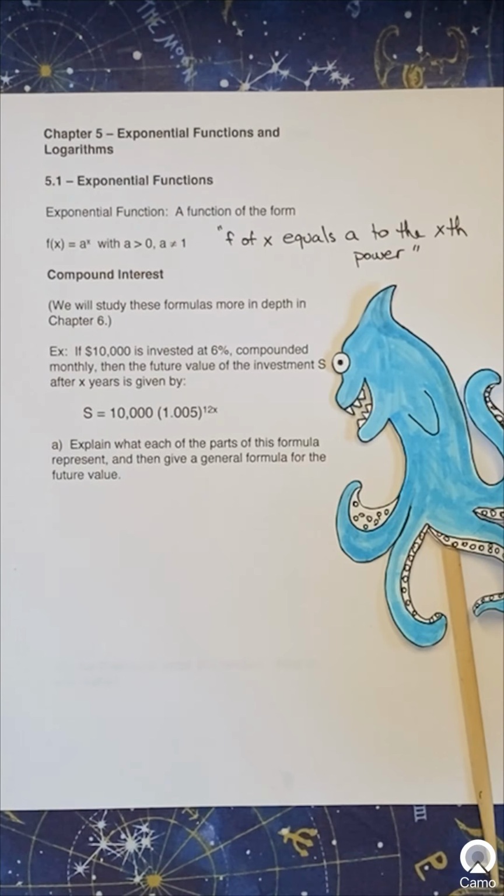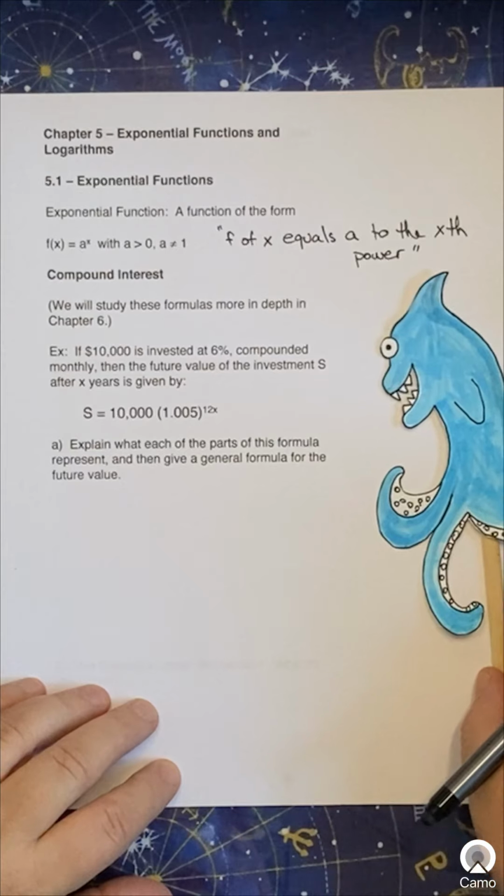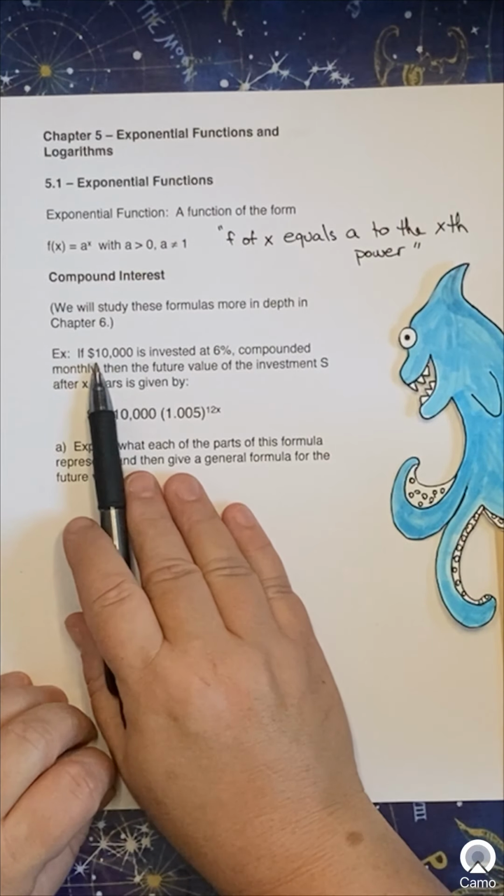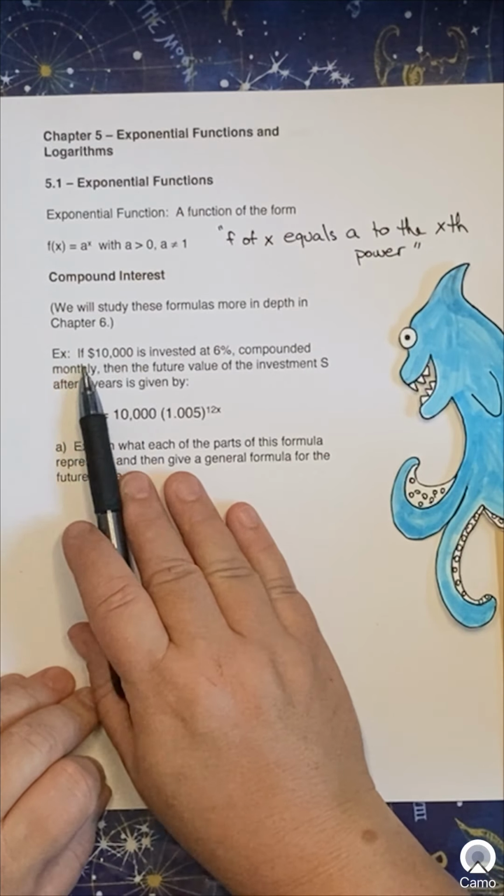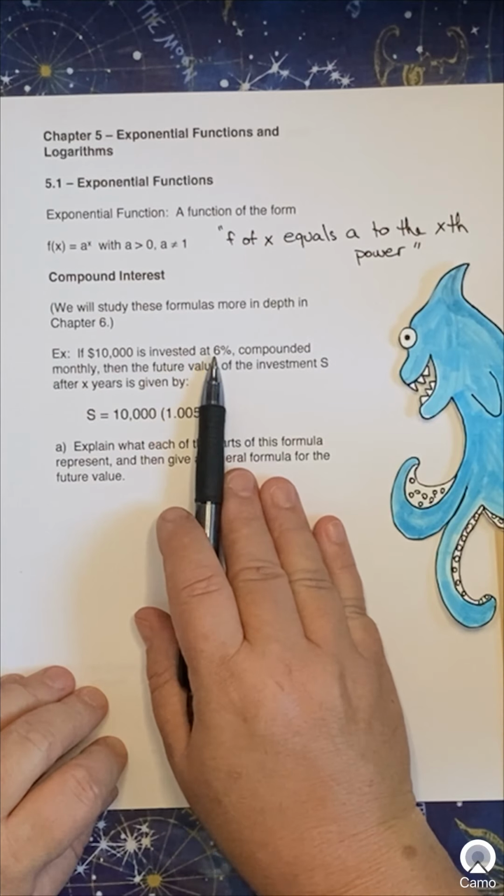So here's an example. It's got a lot of brand new words. And again, honestly, this may be brand new to a lot of people. Do not panic. These can be approached in a very mechanical sense without actually having studied these. So let's talk it through. So we've got $10,000. If $10,000 is invested at 6%,